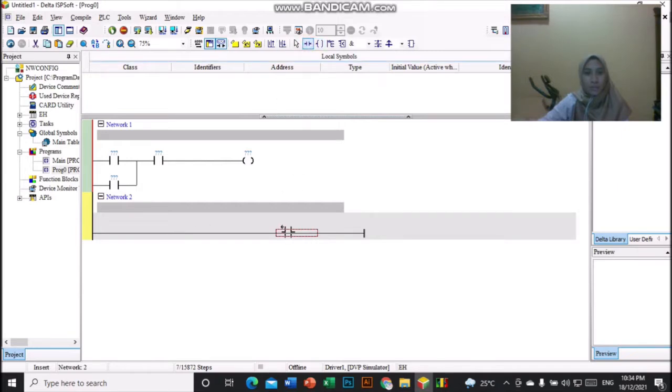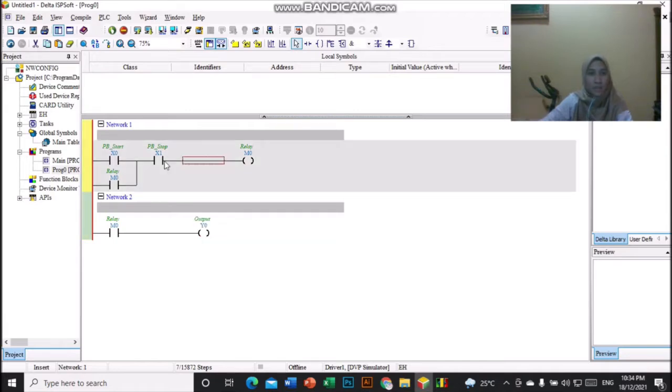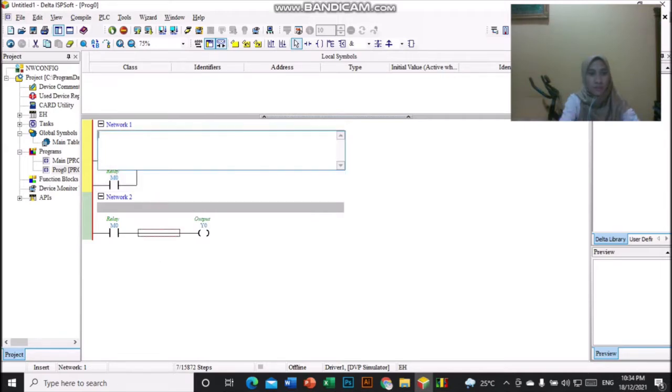set this, and this one we can say is x0, and this one is x1, and this one is m0, and this one is m0, m0, m0, and this one is y0 as output. And we have to make sure to the push button stop, we have to change the numeric close, Lecture Relay,